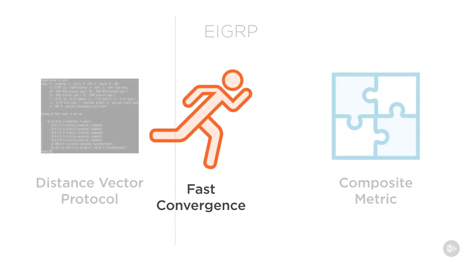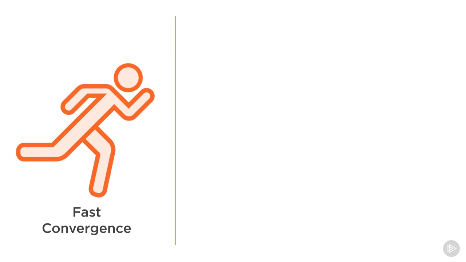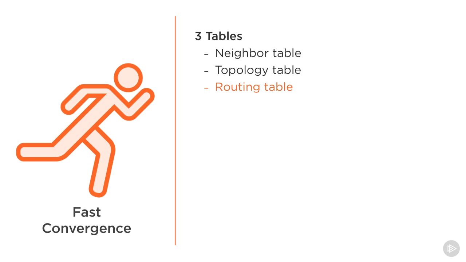Second, EIGRP has fast convergence. This is very similar functionally to OSPF. In order to get that fast convergence, we're going to keep three tables. One of the tables is the neighbor table, much like OSPF. We're also going to keep a topology table, which is just like OSPF's link state database. And then we're going to run an algorithm against the topology table to calculate the routing table, which is just like OSPF. The algorithm we use here for calculating the best path to the destination network is called DUAL, or